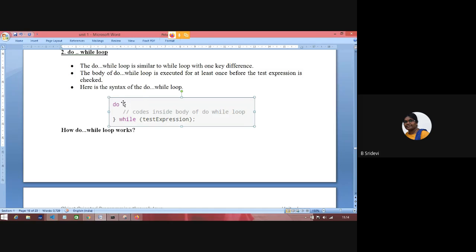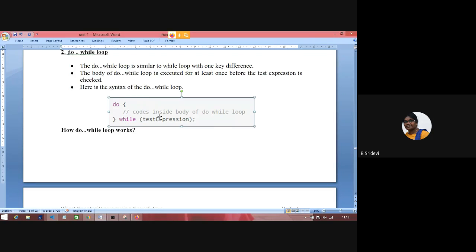If the condition checking is at entry, it is called an entry controlled loop. If the condition checking is at exit, it is called an exit controlled loop. Okay, so at the exit point of the loop you have a condition. For that reason this is called an exit controlled loop. If this expression is true, we'll go again inside the loop and execute, and again we'll check. So we'll continue that iteration until this condition becomes false.